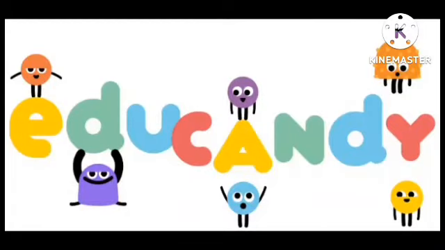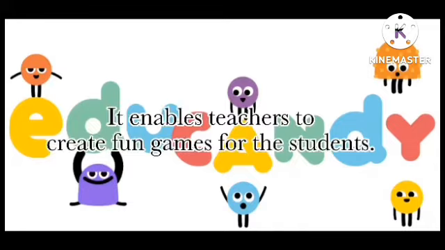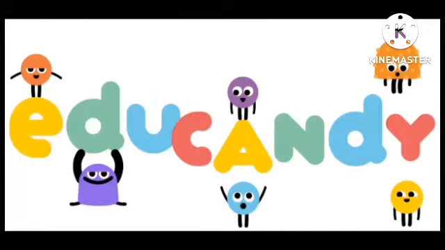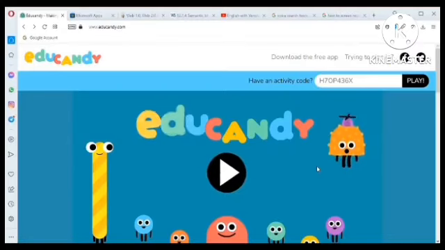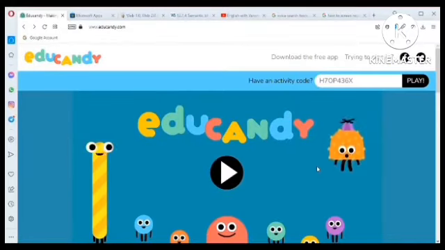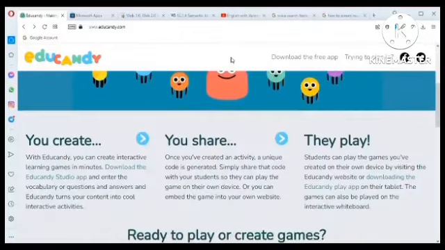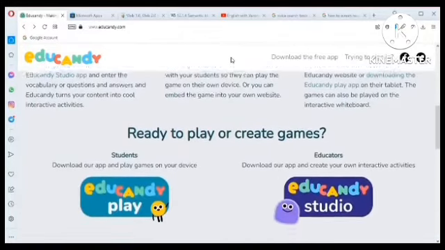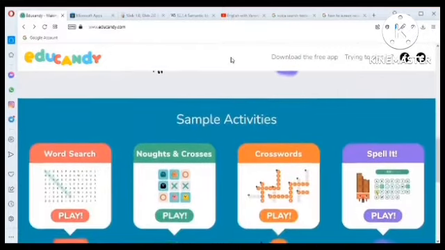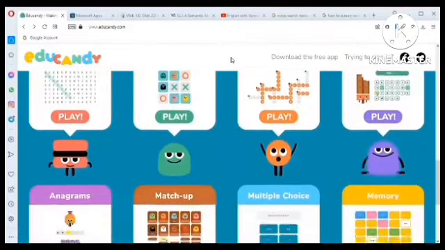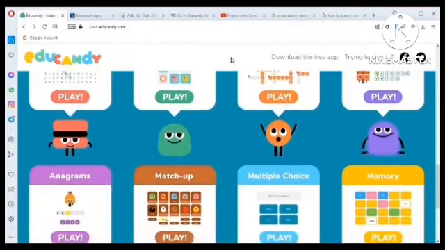Educandy is a website and an app that can help users to rapidly create short interactive learning activities. It enables teachers to create attractive, fun, and engaging games for the students. Teachers just need to enter vocabulary lists or questions and answers, and the website converts this information into fun interactive games such as multiple choice, crossword puzzles, hangman, and other memory games, which can be played with the whole class